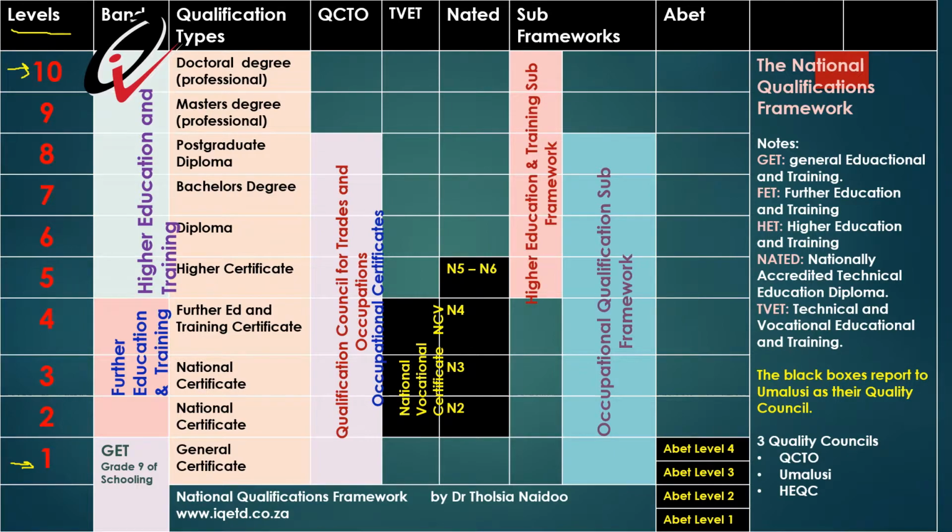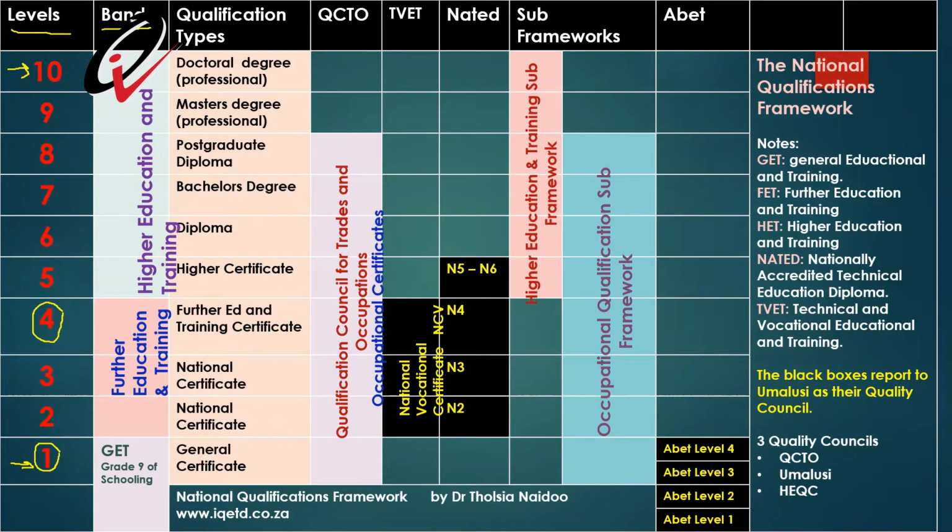So what do we mean by levels? Let me describe it by using an example. If we look at your grade 9 in schools, your grade 9 is the equivalent of an NQF level 1. When you finish your matric at school, your matric is the equivalent of NQF level 4. So with that explanation in mind as a course understanding of the NQF levels, let's just look at what bands